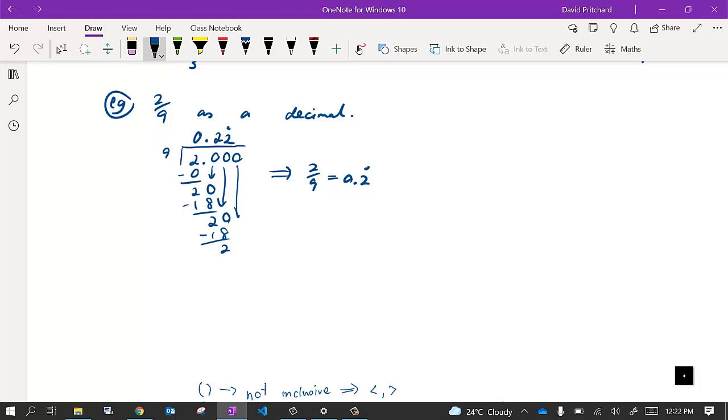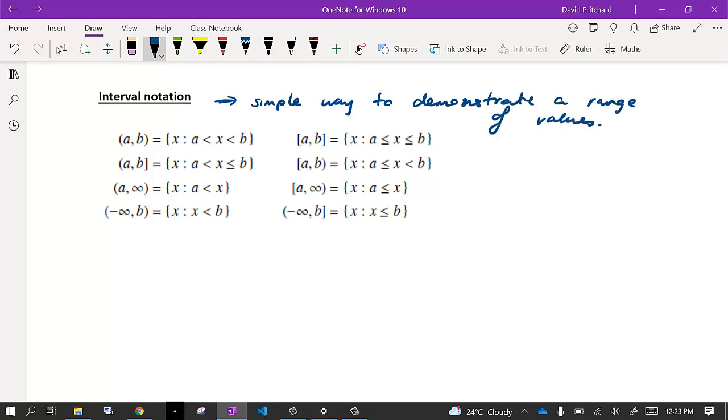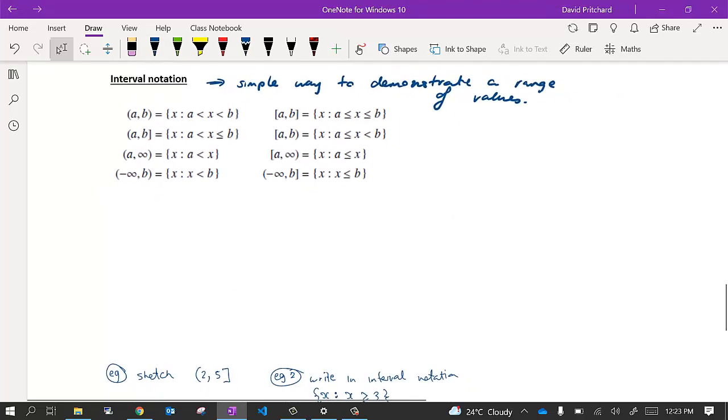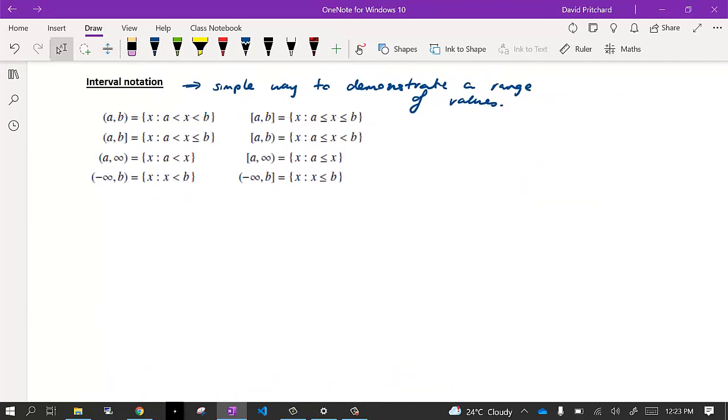Okay, so now we're on to our last focus, which is interval notation. Now, interval notation is basically just a simple way to demonstrate a range of values. So, for example, and really, interval notation is just one way that you can do this. There's lots of different ways that you can do this. Interval notation is going to be an important